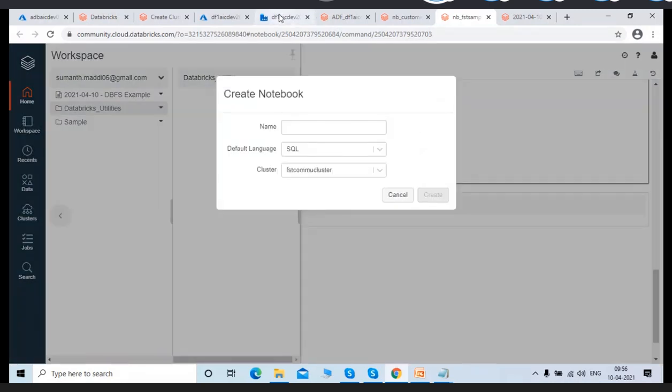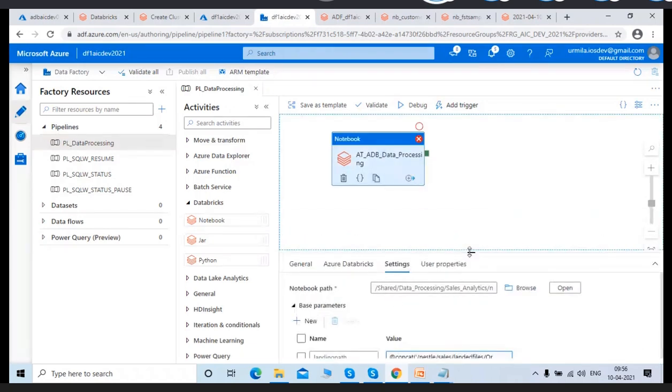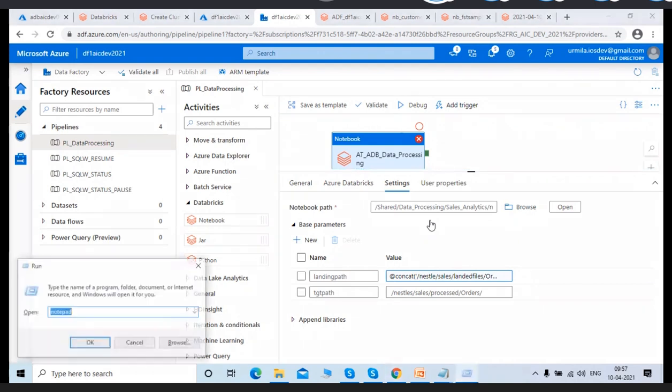Okay. So we discussed here that notebook's base parameters. What do base parameters mean? Your notebook is parameterized, which means your notebook is expecting some parameters. But if you observe your stored